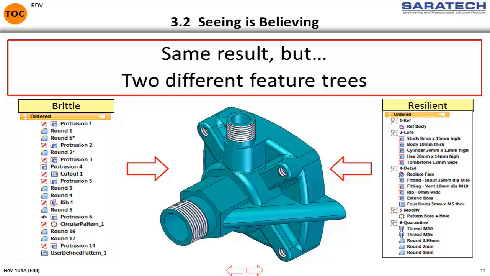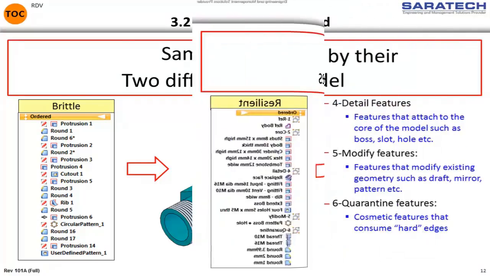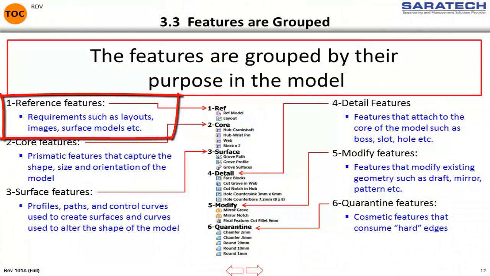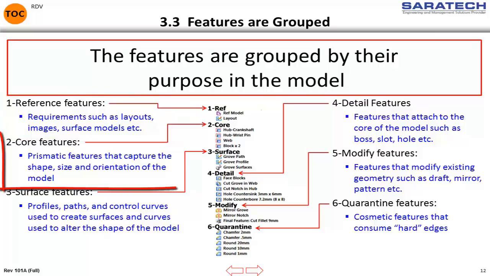Let's dig a little deeper into resilient modeling. The resilient modeling tree is grouped and always starts with reference features. These can be layout, master sketches, schematics, datums, images, and the like. They are at the top of the tree so that any subsequent feature can see them and use them. The second group will contain the core features. This group is like a super base feature, made up of fully constrained and dimensioned prismatic elements with hard edges